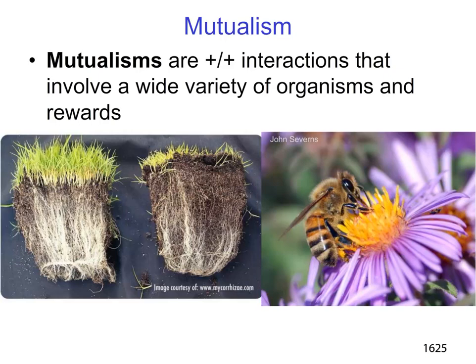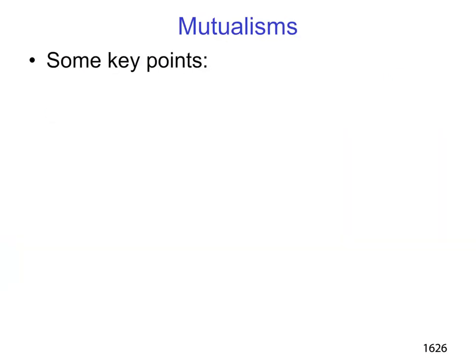The plants, of course, get nutrients and so forth from the mycorrhizae, and the mycorrhizae get a place to live and so forth. So that's a nice little mutualism. We've already talked about the example on the right. So it's a nice way that nature collaborates. Now let's talk about some key points of mutualisms, and you should write this down. And did I mention you should write this down? Because you should totally write this down.